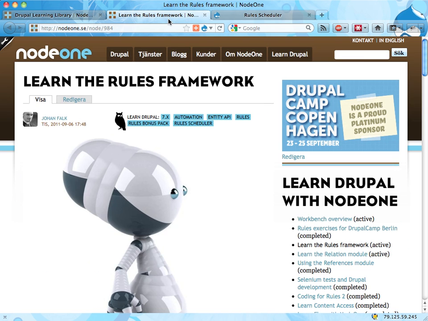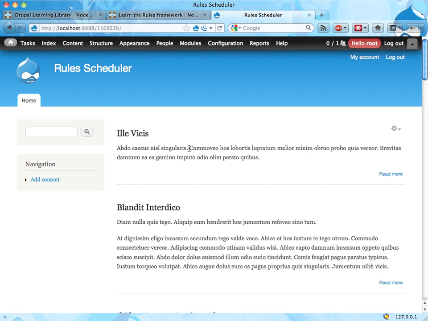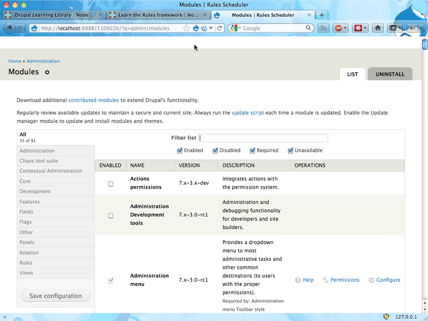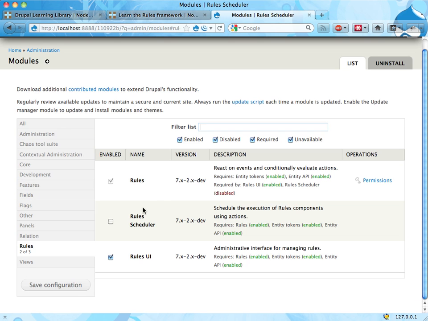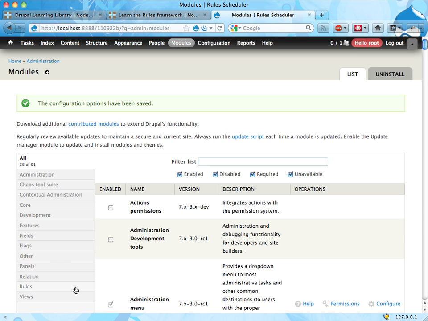So, Rule Scheduler, if you go into Modules and, well, not Modules and Rules section, you can find Rule Scheduler here. Rule Scheduler is a module that allows you to schedule evaluation of rules components. That means not executing them right off, but having them called later on when cron runs and a certain time has passed. So we're gonna look at this and try to implement this as a way of something I think is called